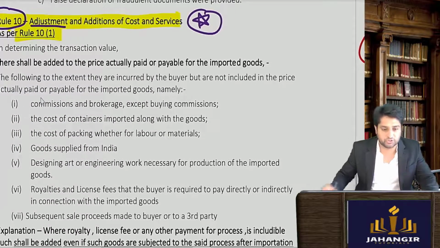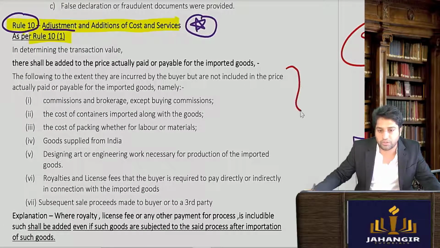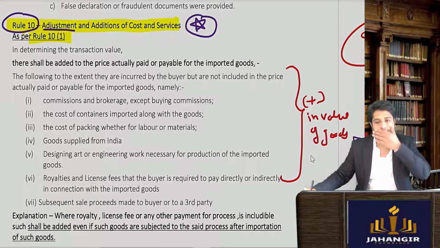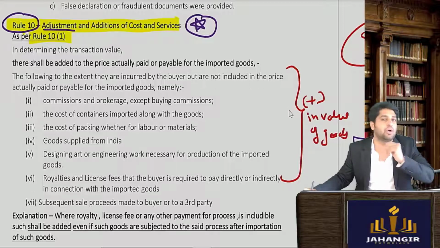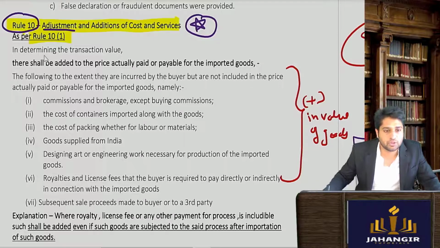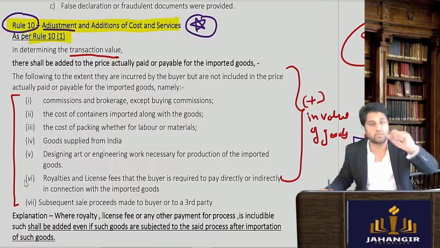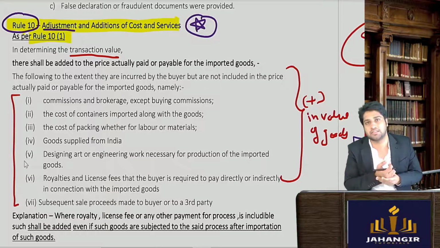That all these things should be adjustments, meaning all these things should be added into the value of goods. ठीक है, तो ये सारी चीजें if not added in the value, you will go and add it up. So in determination of the transaction value, if these things are not added, you will go ahead and add it into the value. Sometimes it is written that the invoice price might not consider these things.